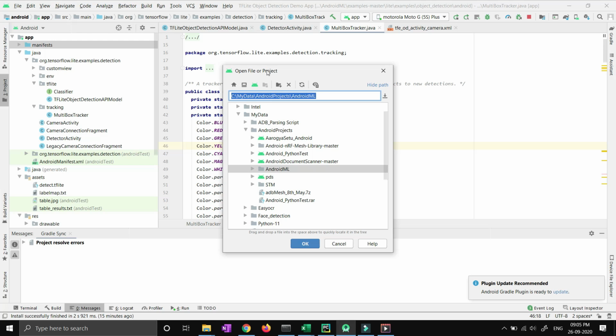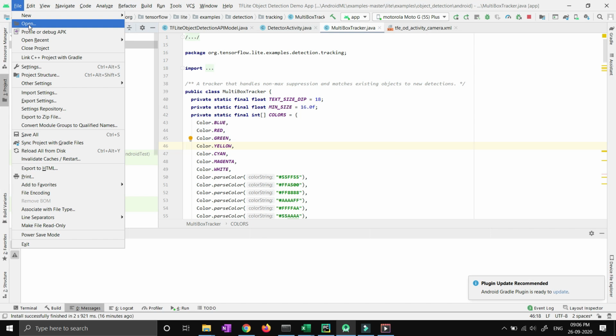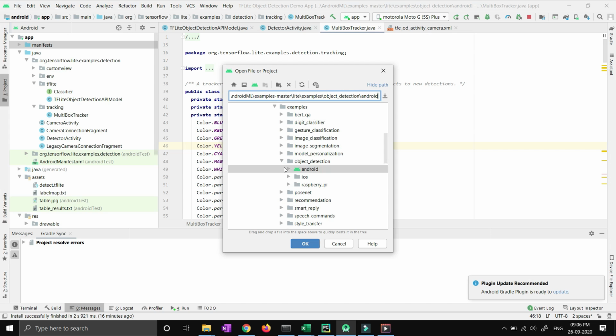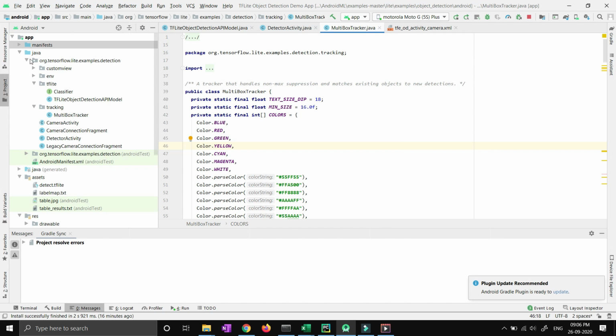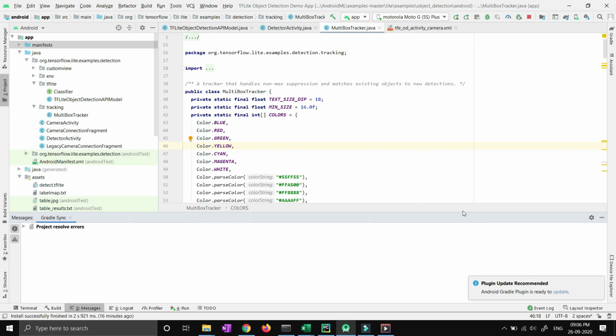And then in Android you have to open it. Just go to open. In Android you have to go to open. Just click on open and just paste this URL, and you will be able to see this particular Android icon, and Android is written over here, and just hit OK, right? I have already opened it on my laptop. So you can see over here, you will be able to see the code like this, right? So this is the code which is given by TensorFlow's official website or GitHub, right? And we are building it. Now after opening it, it will take some time. This particular code will take some time, and you will be able to see some progress over here, right?